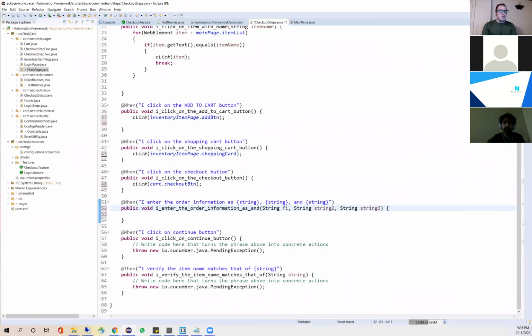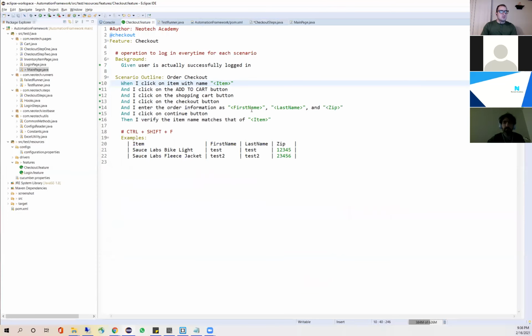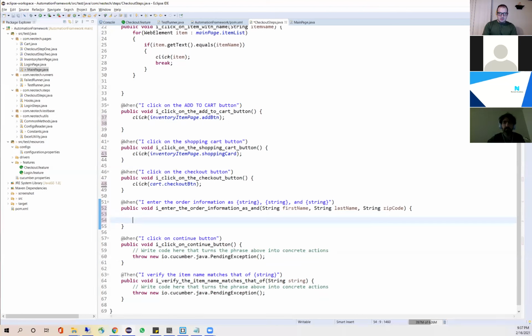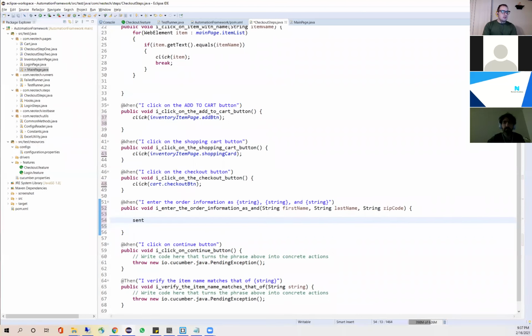So we have our first name here. This string will be our last name. Remember the order that we passed them, right? And zip code. This is how we pass them in the feature file: first name, last name, and zip code. Now, for each one of those, we can just use our sendText method. And we are sending text to our checkout